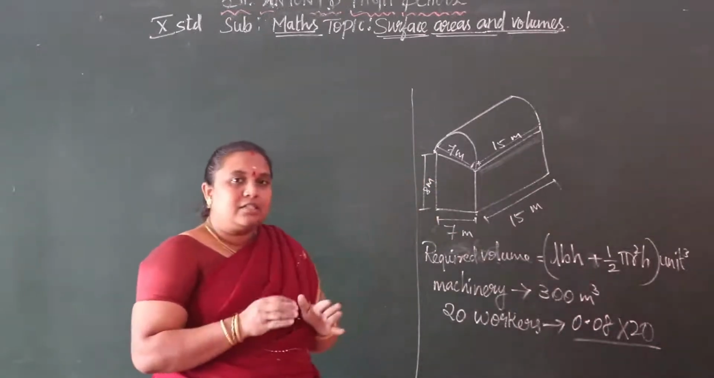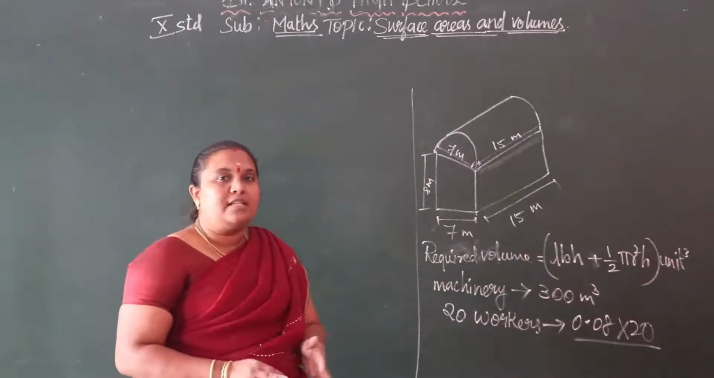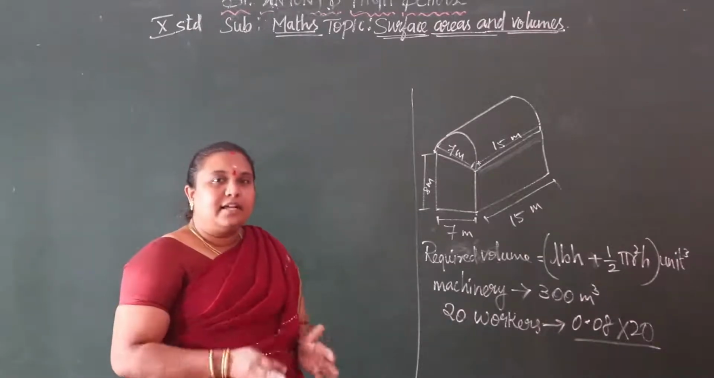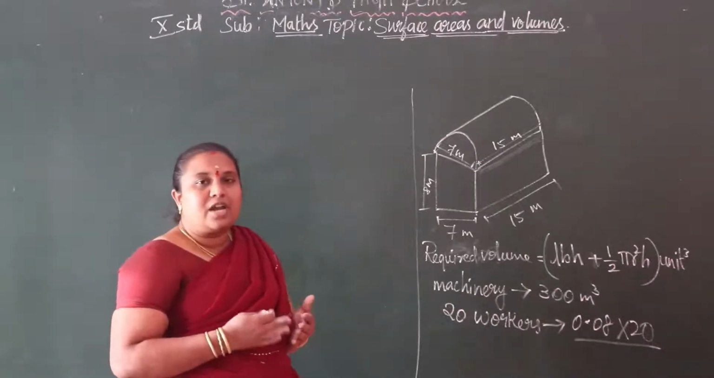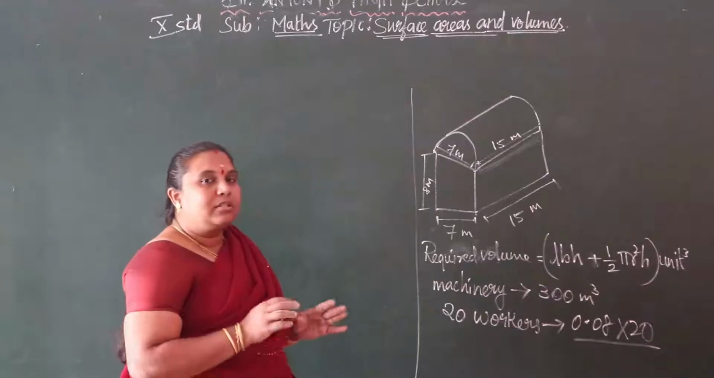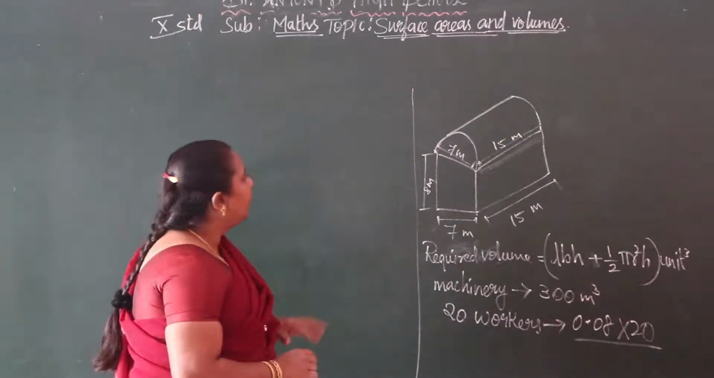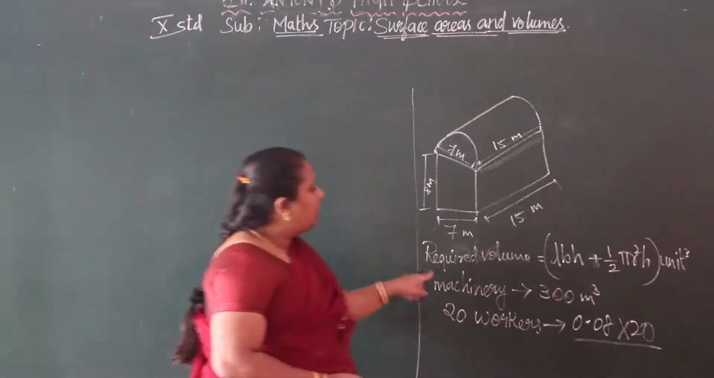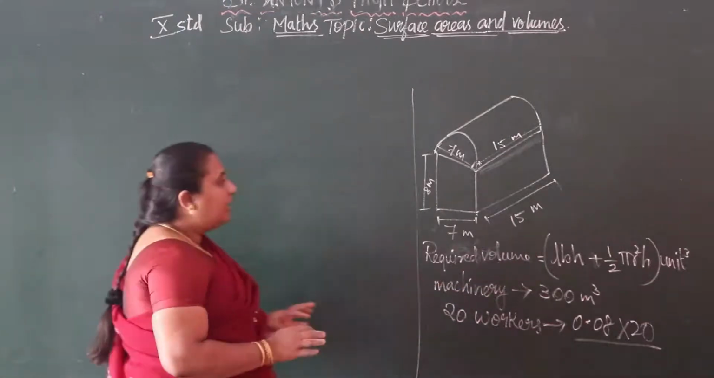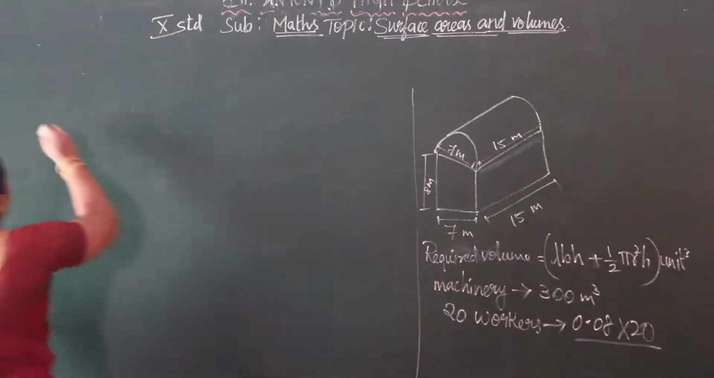Understood, children? First you read the question twice, understand the question, and then you start doing the problem. Okay, so this is the basic thing. So here first we want to find out the required volume. Required volume means first we have to write,